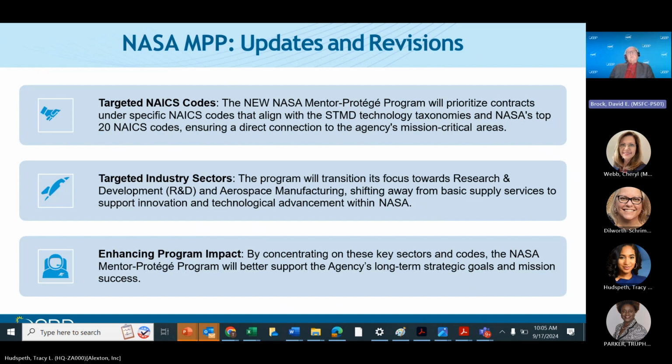The target industries that we're going to be looking at in the future are going to focus in several areas: research and development, aerospace manufacturing, and information technology. And information technology along the lines of very specialized software, those types of things that we're going to need as we embark on our new journey at NASA. If you think about it, yes, we've been to the moon, but that was a long time ago. And as we look ahead, the technology that we have today, whether it be from the IT perspective, we're going to need a lot of new technology. There's going to have to be a lot of new innovations